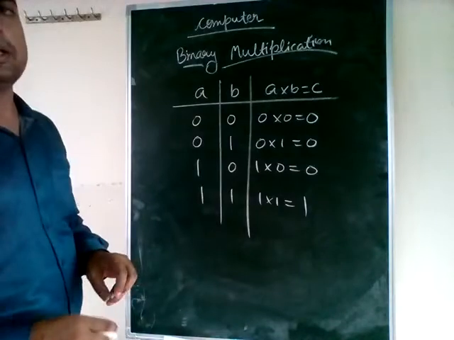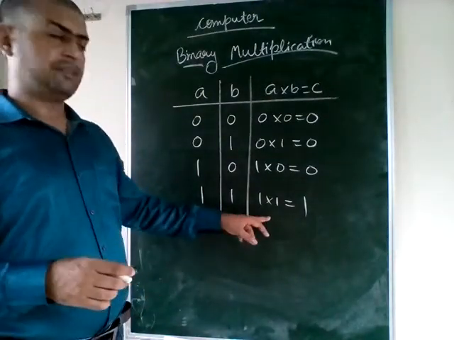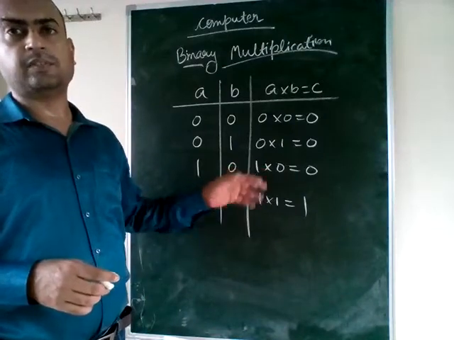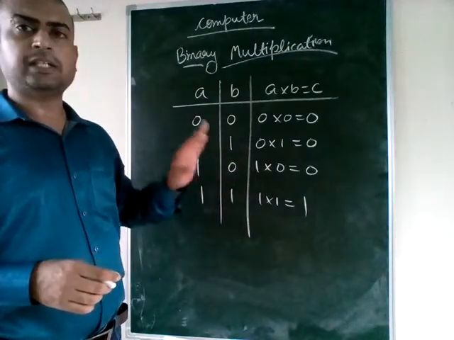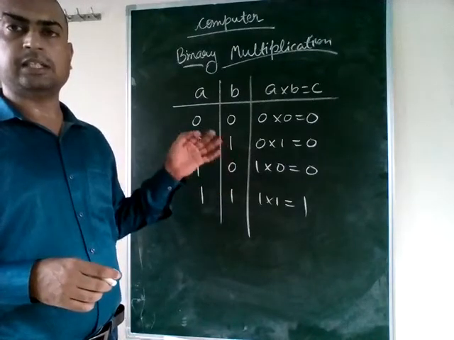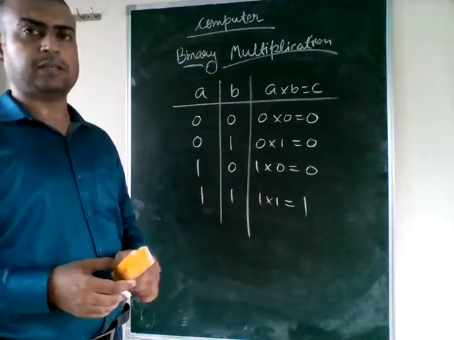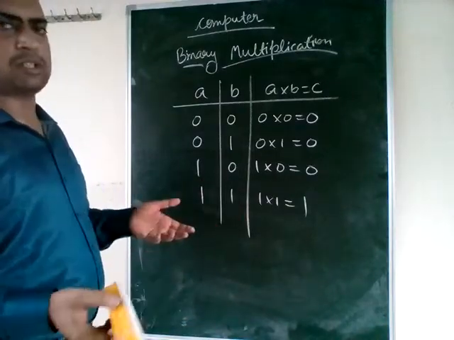So this is the table, and unlike addition and subtraction, where there was a difference at the end, no difference is there. This is very simple and very common. As you do in arithmetic in decimal format, this is like that. So you must know the rule of this table, and then after that we can proceed to the questions.